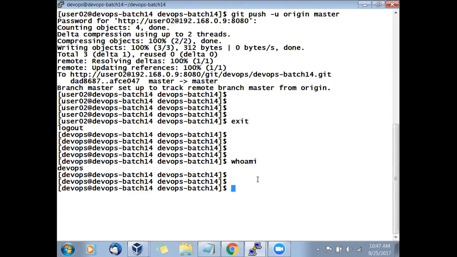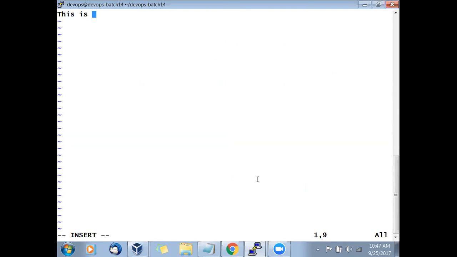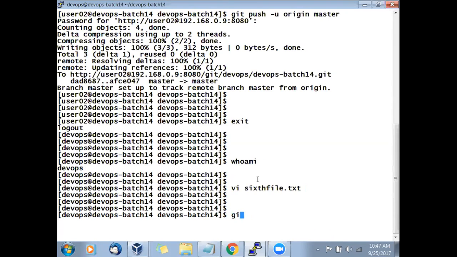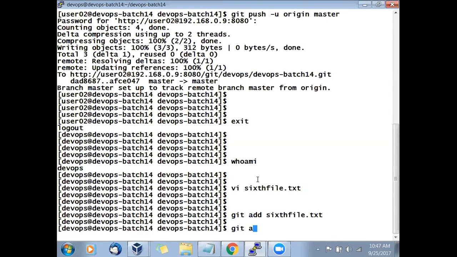Now who am I? I am now the DevOps user. Now let's try to push some file here. I'll create a new file. I'll say sixth file dot text. I'll say this is a new file to be pushed on server. I'll say git add sixth file, and git commit -m added sixth file.